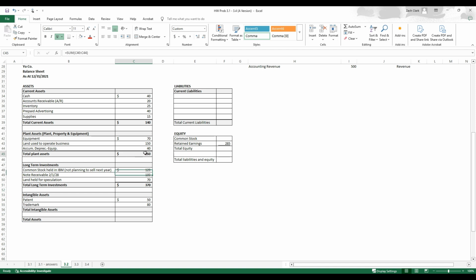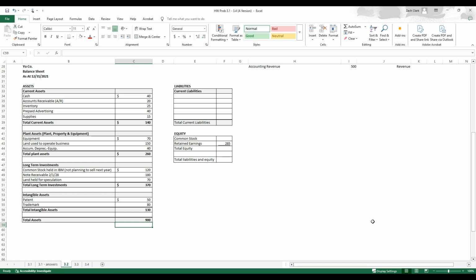Fix our formula there. We don't want to. We just want to calculate the numbers, right? Okay, that's good. Let's sum those. I'm just putting in a little dark bottom border there, a bold border, just to make this thing look nice and well cleaned up. Okay, now let's go equals total current assets plus our total plant assets, long-term investments, and total